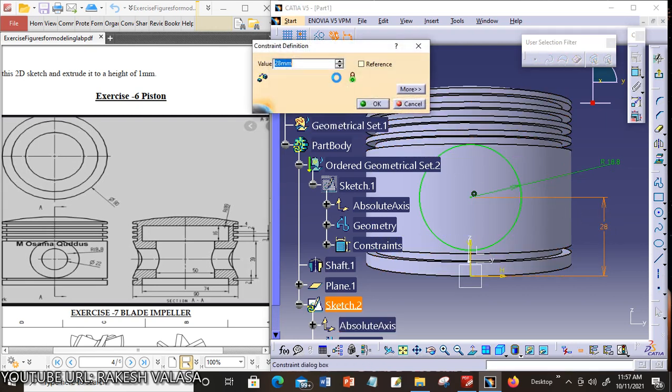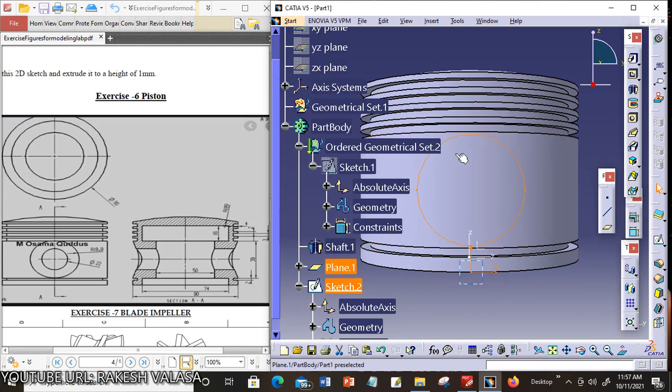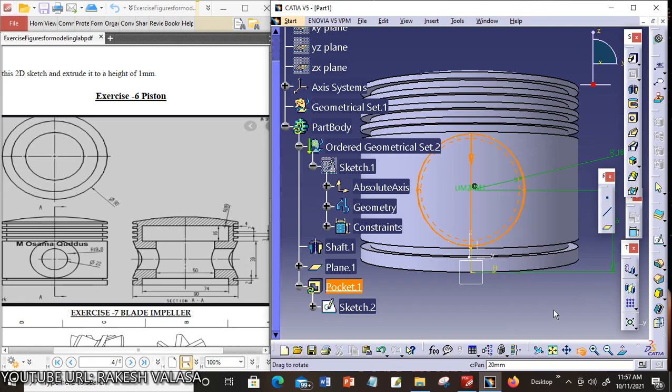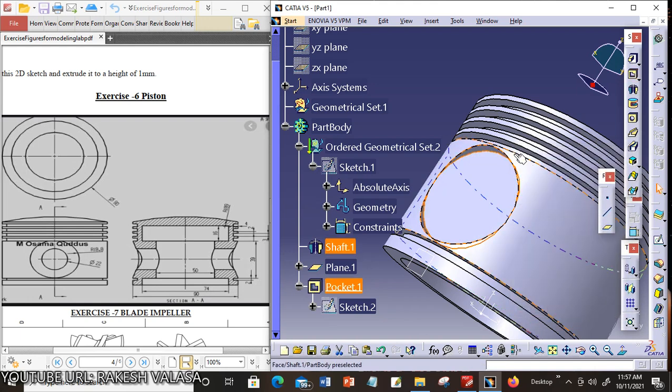Otherwise you can take 27.5. Now exit from the workbench and click on the pocket tool. The depth is 90 minus 74 by 2, that means 4 mm. Then you have to apply the same pocket to the other side.